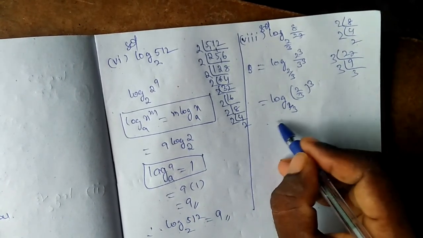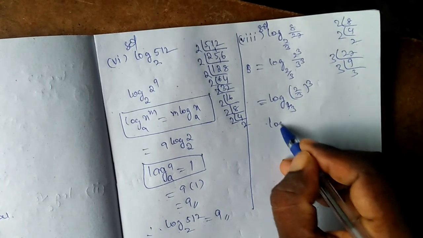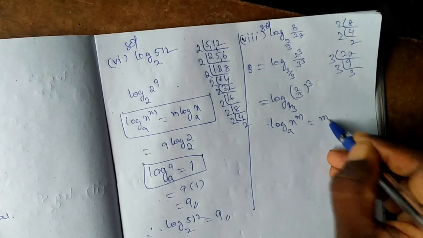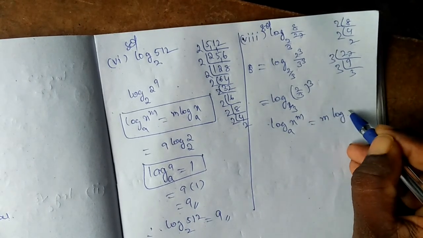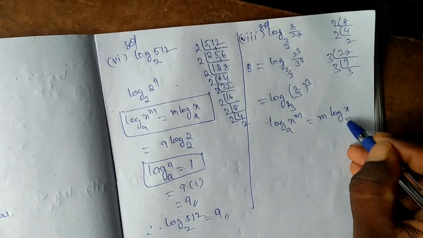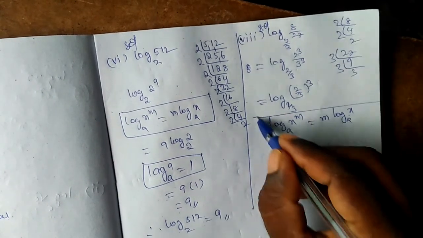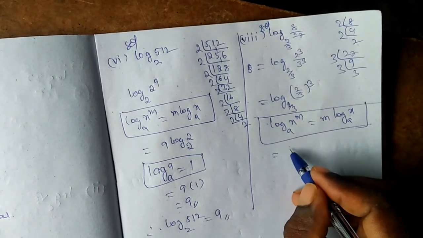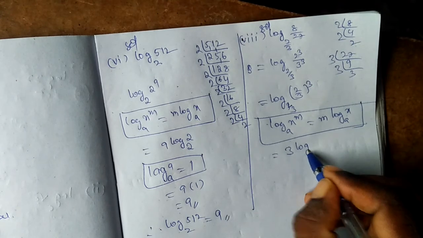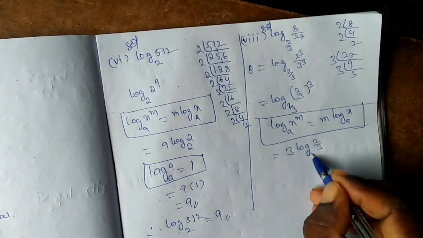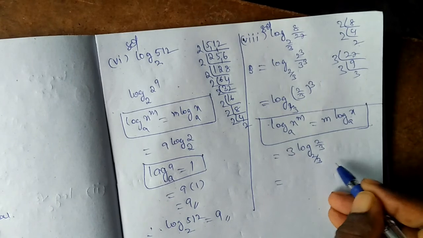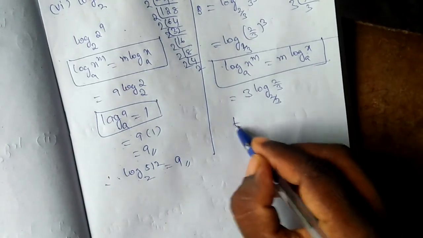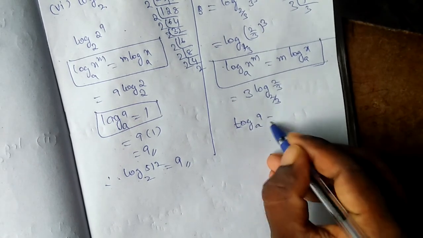So now, log x to the power of m base a is equal to m log x base a. I applied this formula here. So what do I get? 3 log 2 by 3 base 2 by 3. Then I apply the formula log a base a, that is equal to